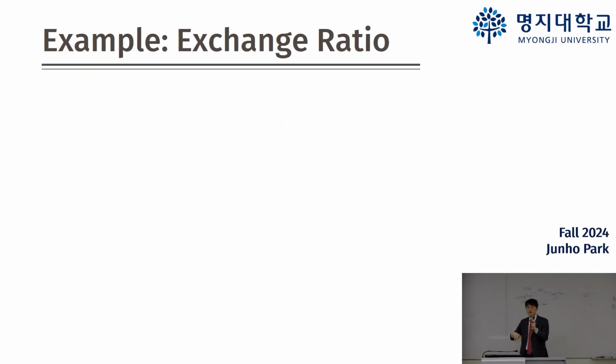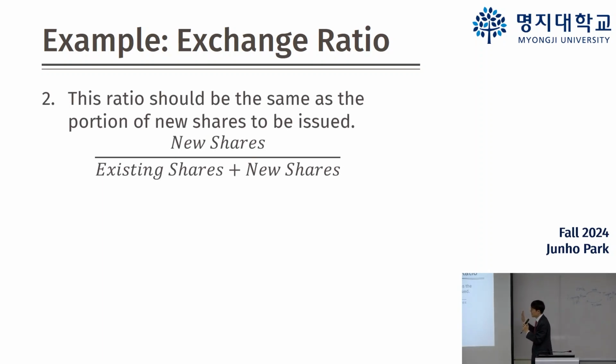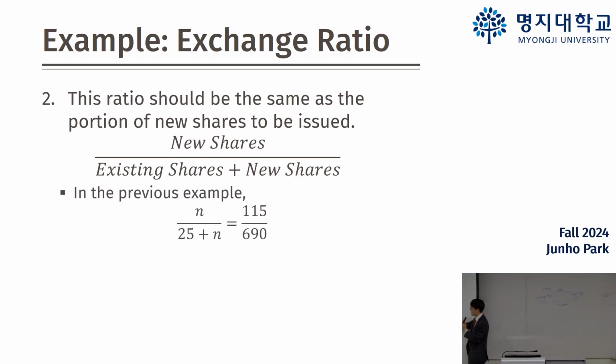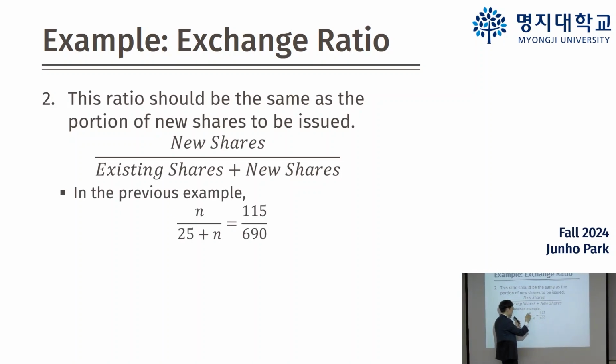Then in the stock acquisition, the way you can transfer your wealth is by giving them shares. So the ratio should be the same as the portion of the new shares. Here you have new shares and you need to divide by the total number of shares. However, you should understand that the number of shares is changing. You had existing shares, but now you have issued new shares. So what I do is say that the number of shares to be issued is an unknown value n, and I calculate n/(25+n). 25 is the number of shares before the acquisition, and I need to issue n new shares, and this should be the same as the previous ratio, which is